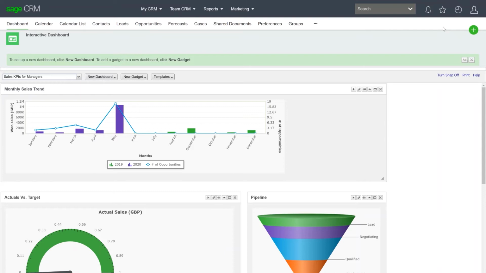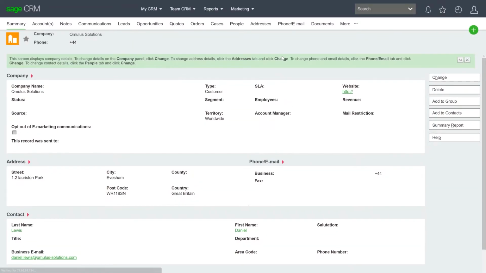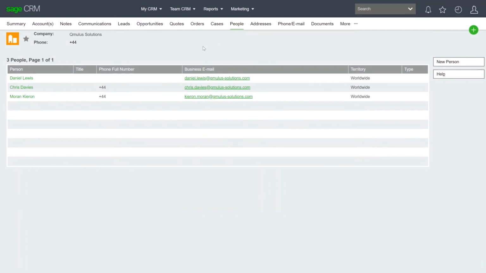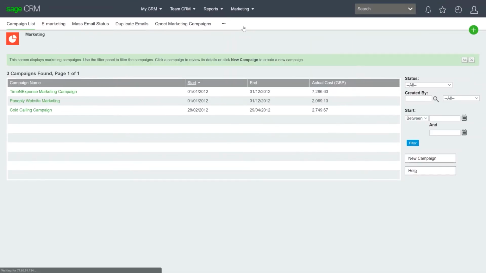Connect Marketing automates the process and also adds additional functionality not in the inbuilt integration. Furthermore, Connect Marketing has been designed to work with other marketing tools in the future. For the purpose of this demonstration, I've created a company, Cumulus Solutions, in Sage CRM and have added three contacts to the company. Connect Marketing has been designed to work either within or outside Sage CRM campaigns.